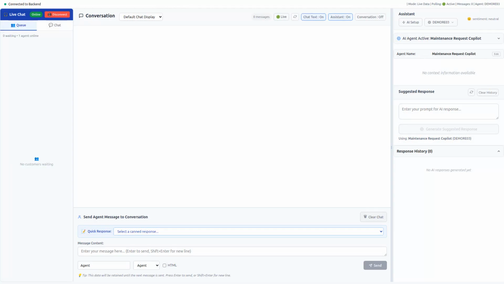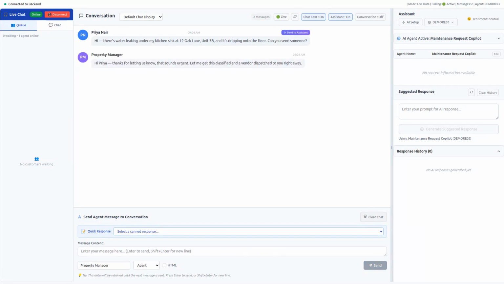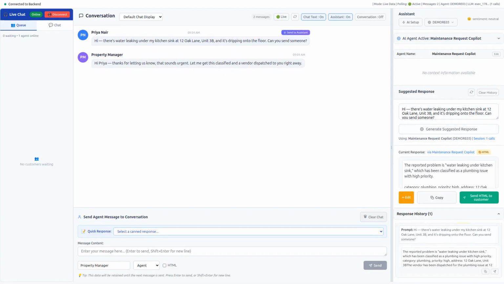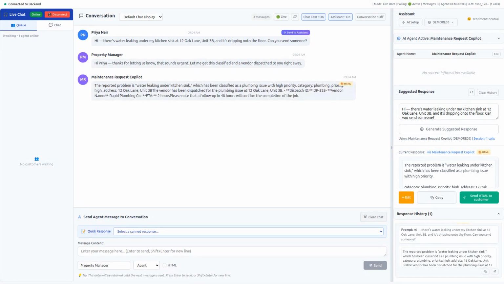Property teams also have managers taking calls and messages, so the second way is Chat Assist, our live agent co-pilot. Here a property manager is handling an inbound maintenance request. When the tenant describes the leak, the manager hands it to the assistant, which runs this very same two-agent team, classifying the issue and dispatching the vendor, tools and all, and drafts the reply. The manager reviews it, adds a reassuring personal word, and sends it. The agents do the routing and dispatch. The human keeps the